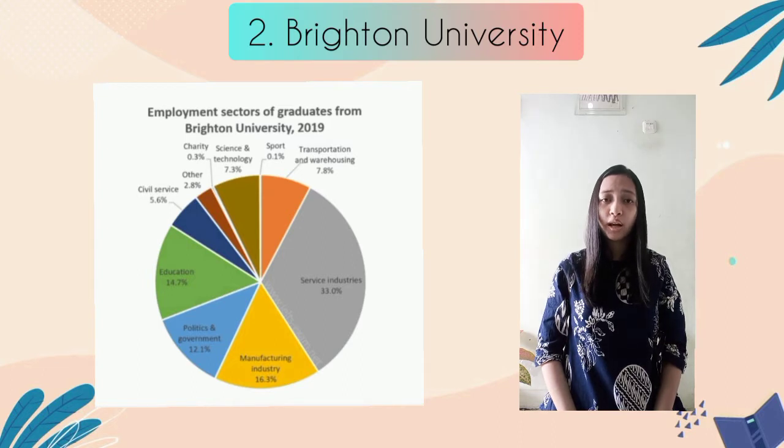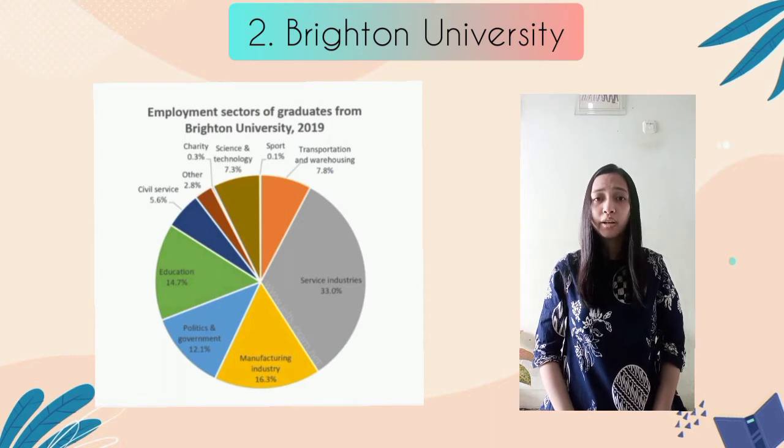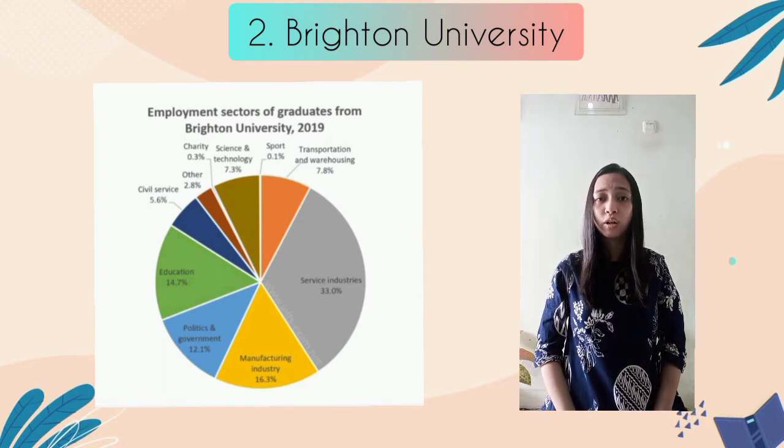In contrast, the proportions of those selecting charity and sport are quite small. In detail, the first rank was the service industry with the figure being almost a third, 33%, followed by the manufacturing industry. It accounted for about half that number of the first one, 16.3%. Both education and politics and government are attractive to Brighton graduates, with the percentage at